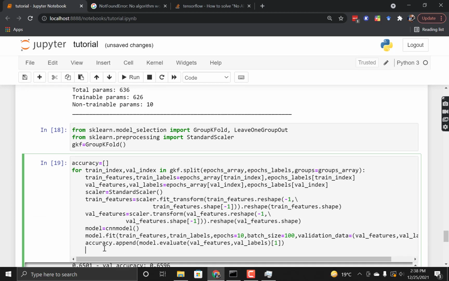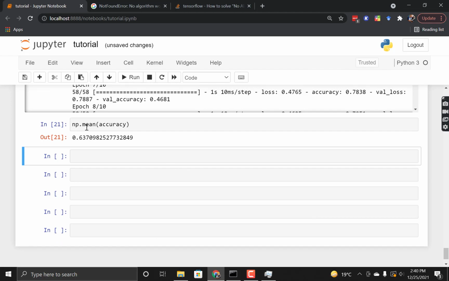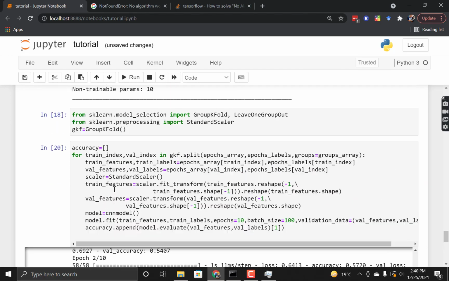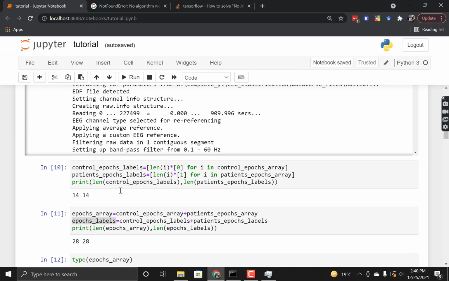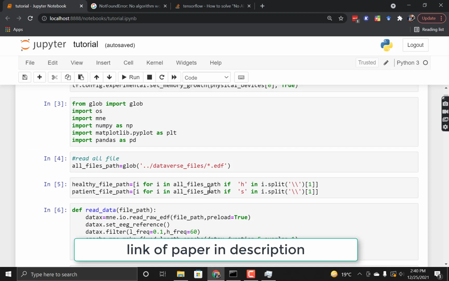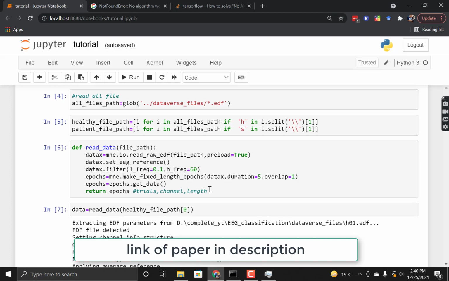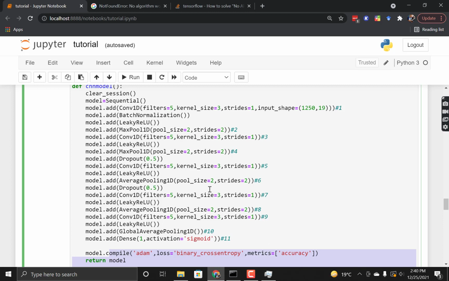So let me remove the break and see how much accuracy we got. Here we got an accuracy of 63%. This accuracy can be improved by using a better convolution structure, by better pre-processing the data, and by better setting the duration of the epochs. There is a paper, I believe, which achieved around 80% accuracy on the same data using a similar approach. They have a similar model. You can see how their model looks. You can easily adopt this model to this code and see if you get 80% accuracy or not.